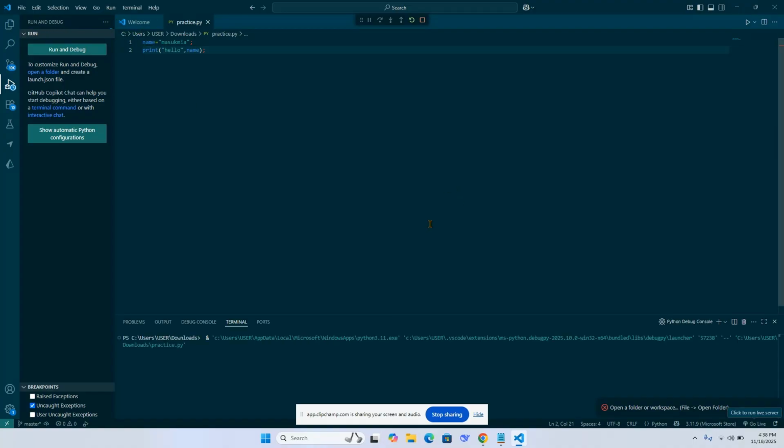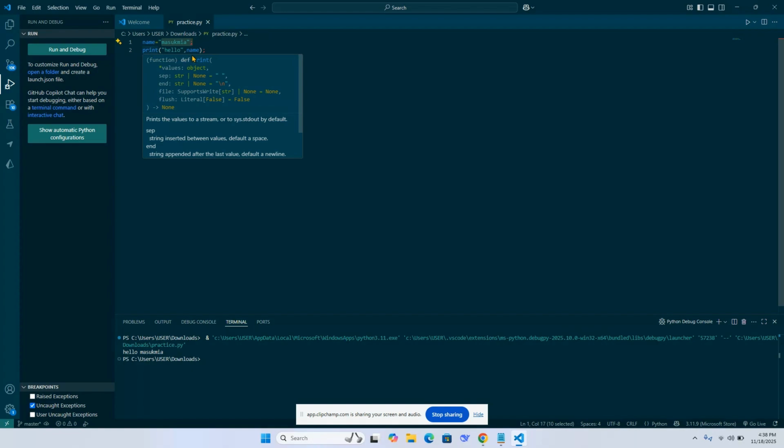Run, then the debugging, okay. So it printed hello Masumia. That's called the name. Okay, then name is here. Normally print hello then name.